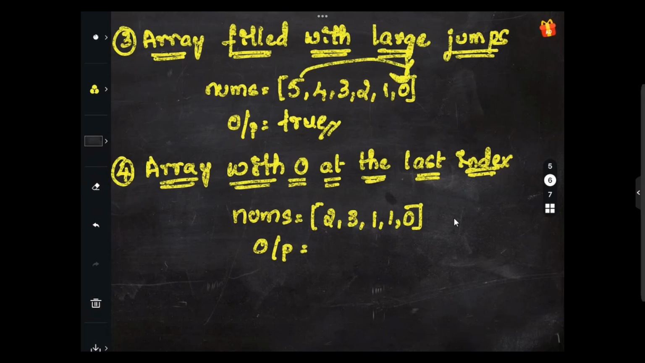So this itself, array filled with large jumps, output will be true. We can reach the end easily here. The final edge case here is array with 0 at the last index. Here you can clearly see the output will be true,